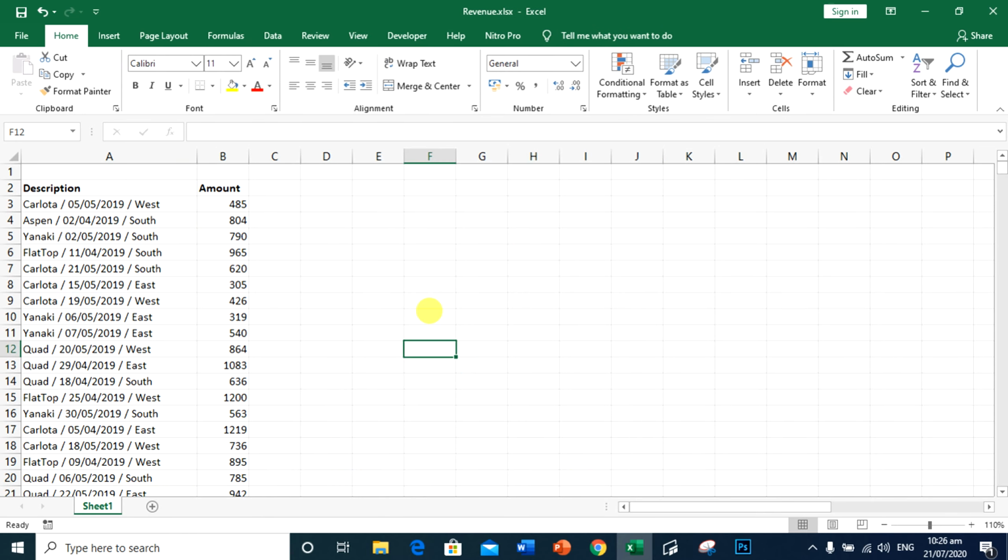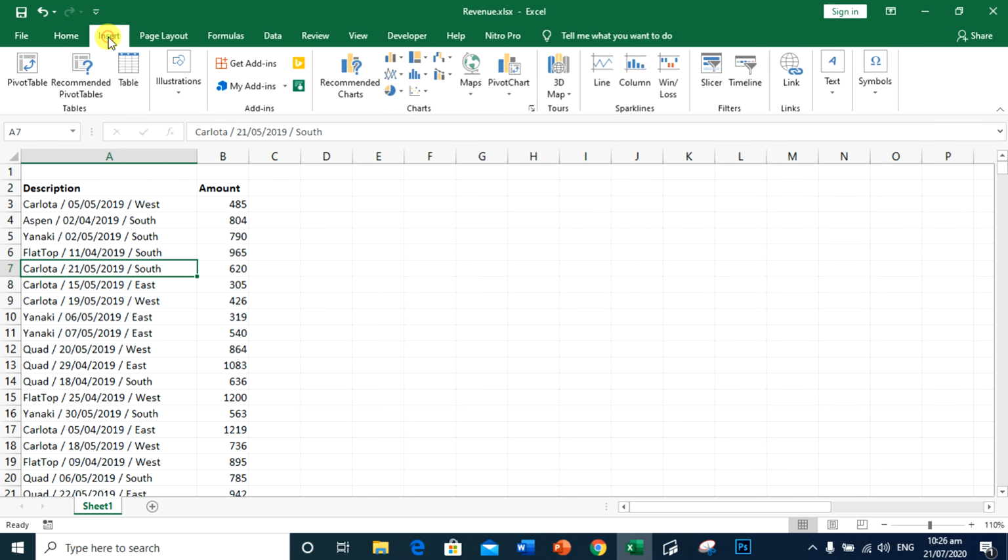Based from our raw data, product, date, and region are placed in one cell. We need to break it apart into 3 different columns. This is what we call cleaning the data. But before we can use Power Query to clean up the data, we need to convert our raw data into an Excel table. To convert it into a table, click any part of that column, go to Insert tab, and